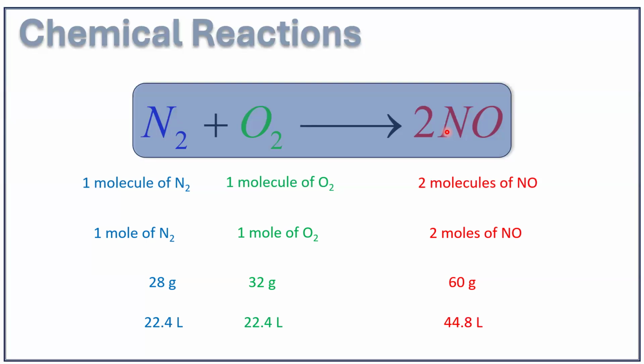So a simple chemical equation can be read in many ways. It contains a lot of information. From this equation, you can say how many molecules of each substance are reacting, or how many moles of each substance are reacting, or how much mass of each substance is reacting, or how much is the volume of the reactants, and how much is the volume of the product. So a chemical equation is not as simple as that. It contains a lot of information. This is what I discussed in the